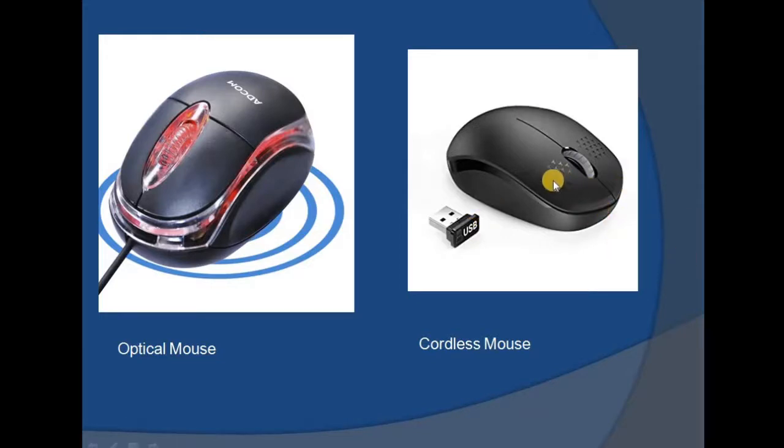It works on the concept of a small cell, so till the end of the battery life it will work. The moment we are not able to work with it, we need to change the batteries or the small cells present in it. These days we mostly use the cordless mouse or optical mouse.